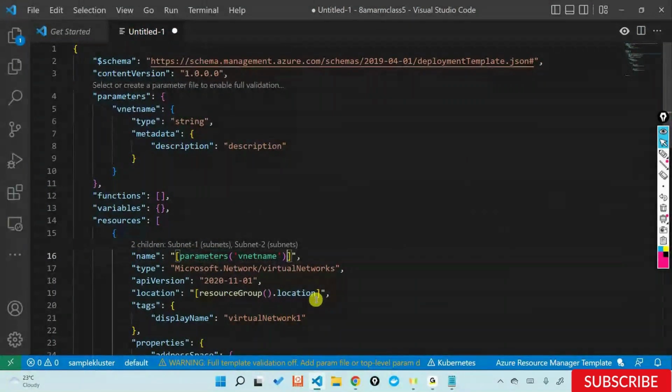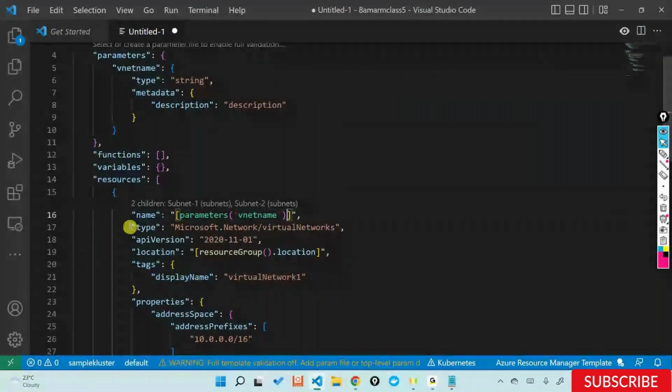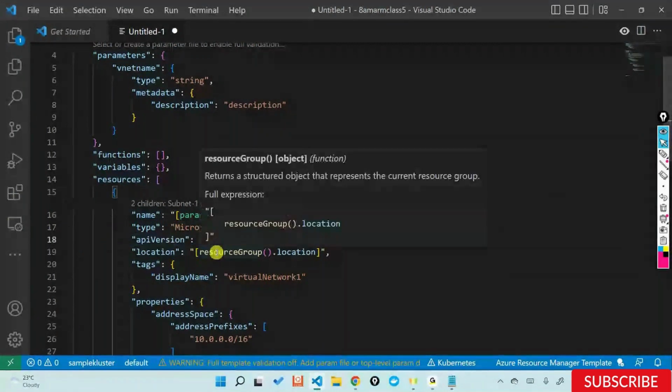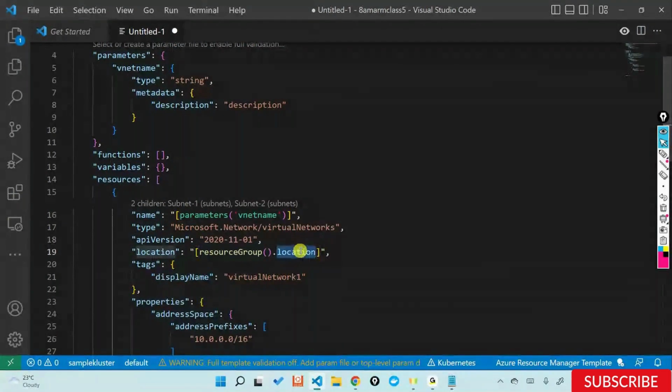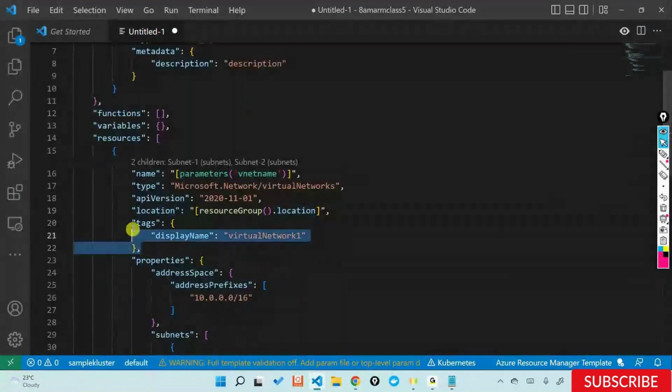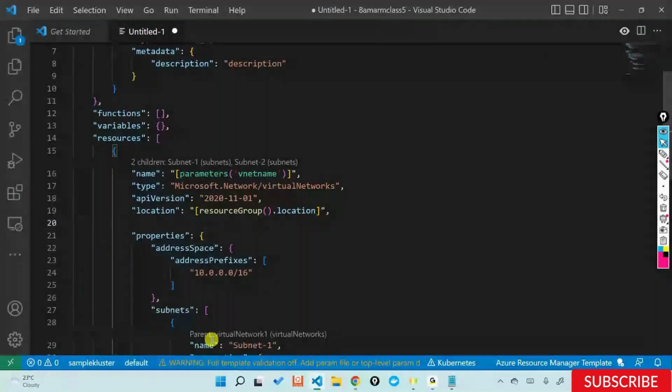If I just scroll, there's something called type, and the type here is what? Virtual networks out here. Great. API version, I'm not changing anything. And location here is wherever my resource group is, go ahead and create the virtual network in the same location. In that way, I'm maintaining consistency with my resource group, my resources that are created inside this particular resource group. And then you have tags, optional in nature. So I'll delete the tags right now. I'll remove the tags,